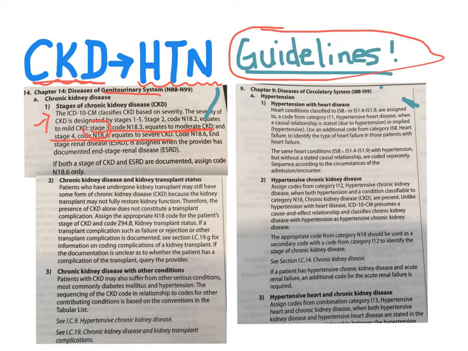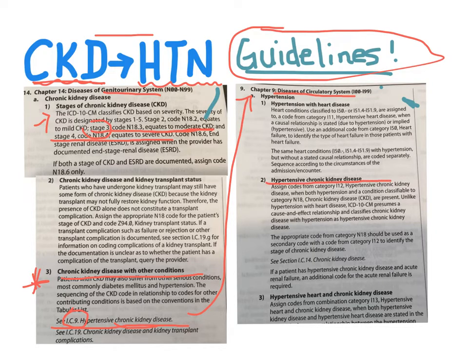Now getting back to this chronic kidney disease and hypertension link, down here, still in the genitourinary chapter-specific guidelines, chronic kidney disease with other conditions. And down here, we see a little reference note, I.C.9, hypertensive chronic kidney disease. And this is leading us to another reference in the guidelines. So now, when we go to I.C.9, which means it's chapter 9, diseases of the circulatory system, hypertensive chronic kidney disease,